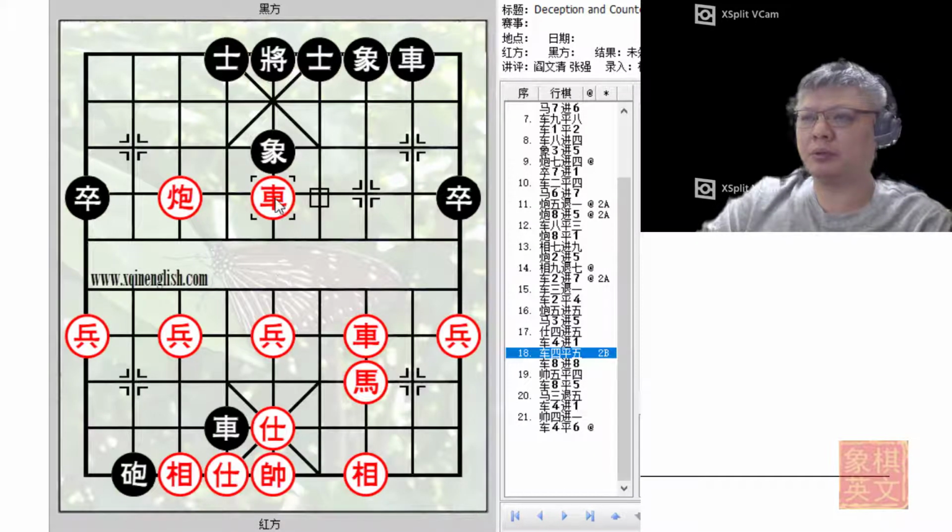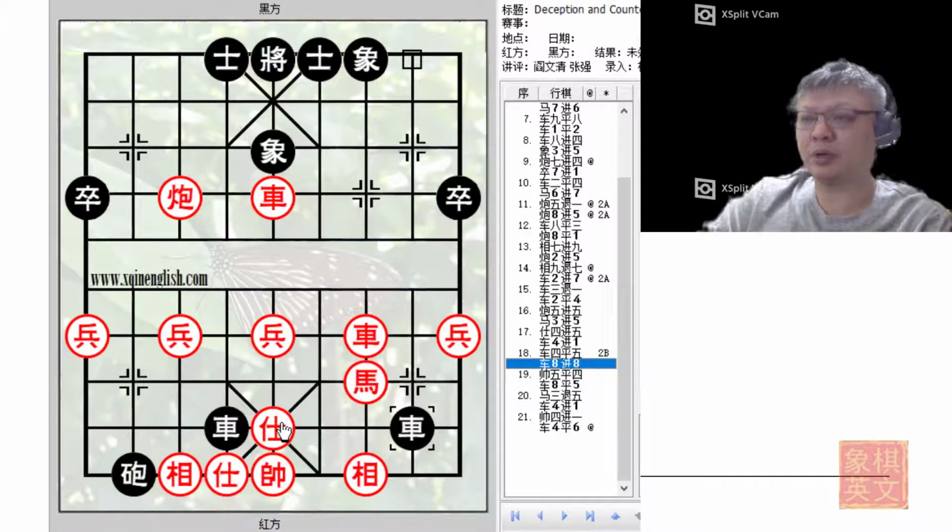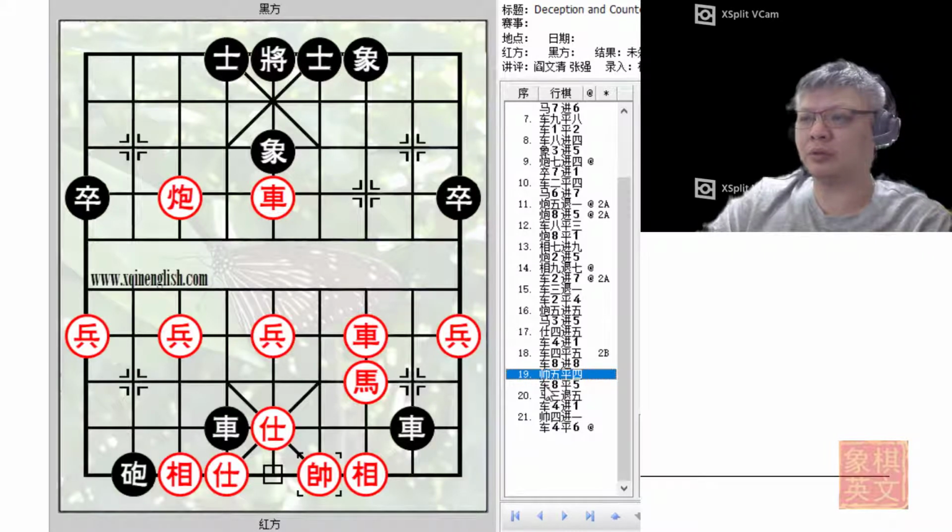It would not be a good idea to capture the horse to try to get lost material, because black would go for the throat-cutting checkmate. Now, black would prepare to sacrifice his chariot to play r8 equals to 5, forcing the cannon, and still go for the checkmate. So this would force the red king to move out to safety, but black would still continue